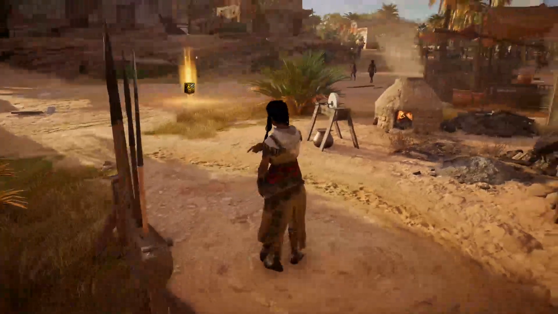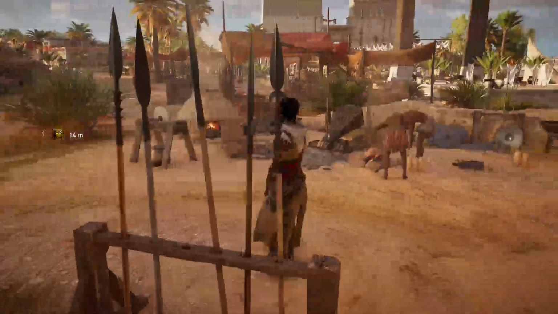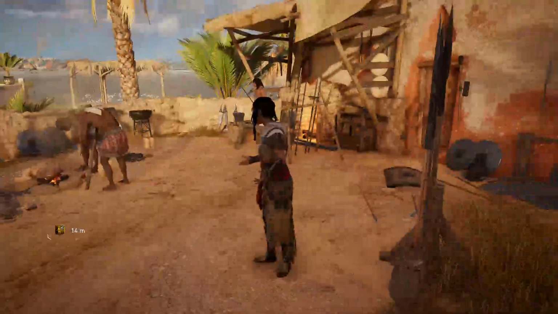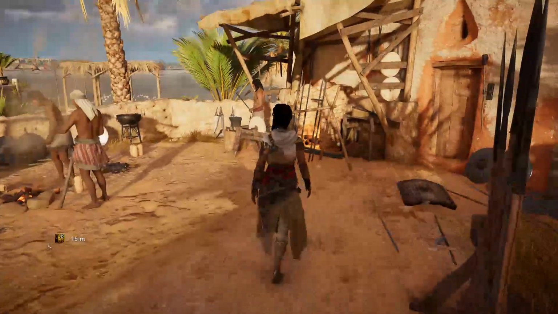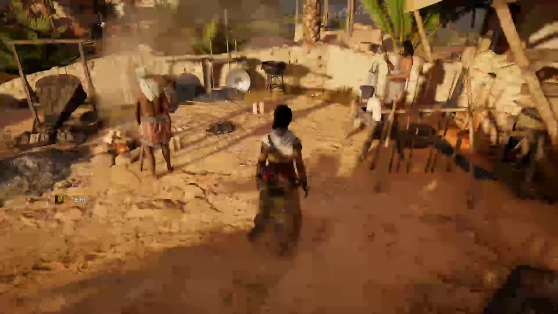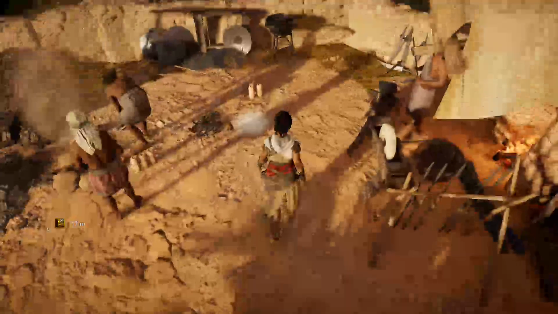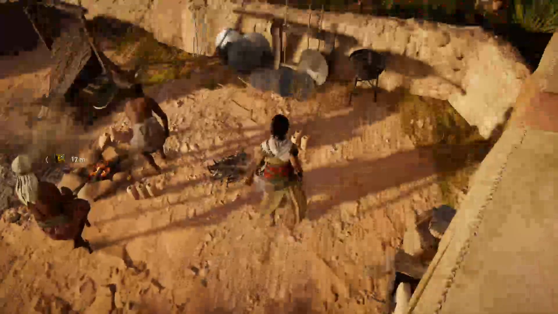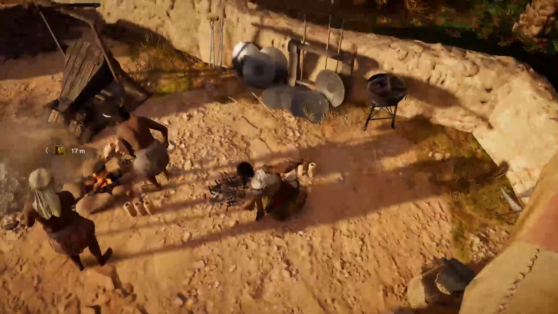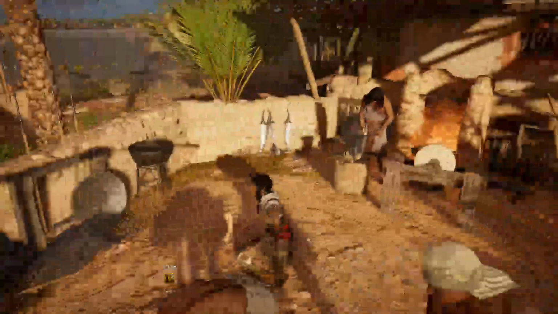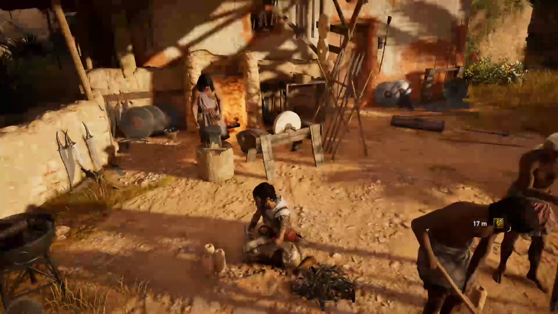So if two NPCs move and enter those animation hotspots based on their pathfinding, you will get that animation. I can trigger the blacksmith animation.